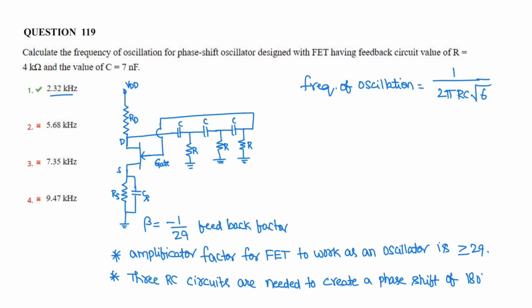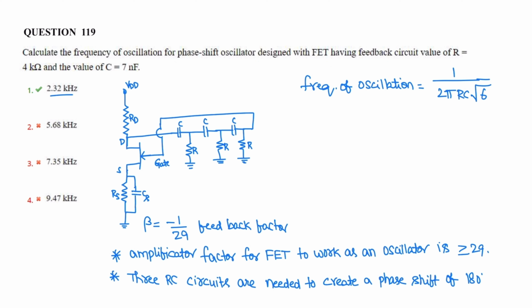Next question. Calculate the frequency of oscillation for an RC phase shift oscillator with FET, having feedback resistor R of 4 kilo ohms and capacitance of 7 nanofarad. So this is a circuit diagram for an RC phase shift oscillator designed with a FET, field effect transistor. The frequency of oscillation is given as 1 by 2 pi RC root 6. Here the beta value is